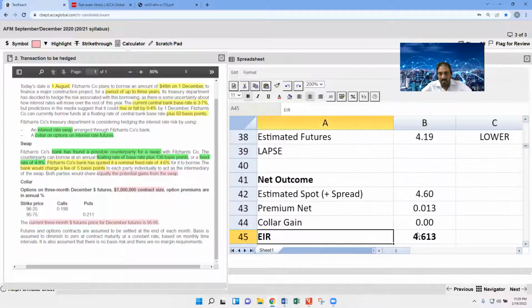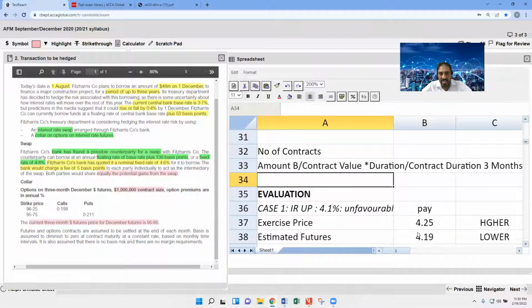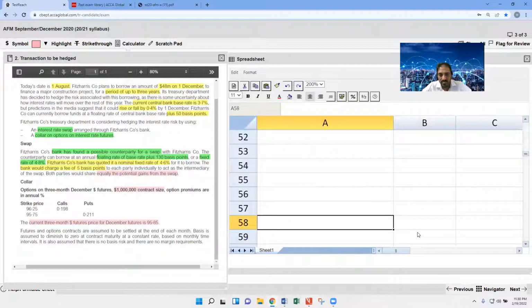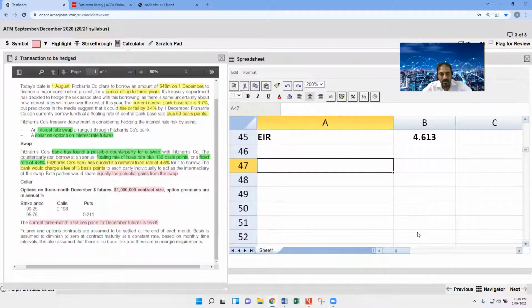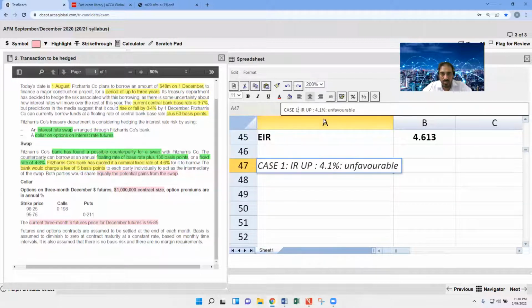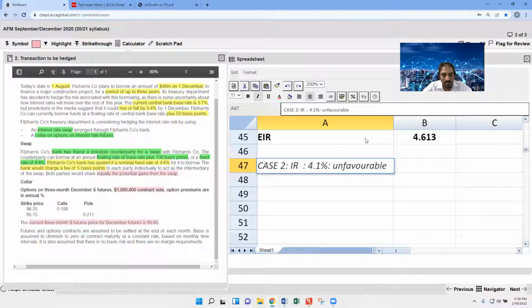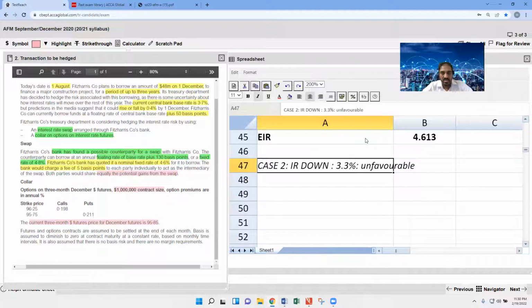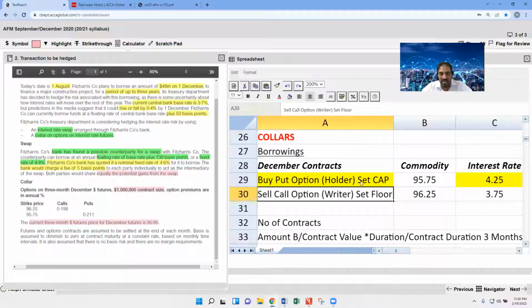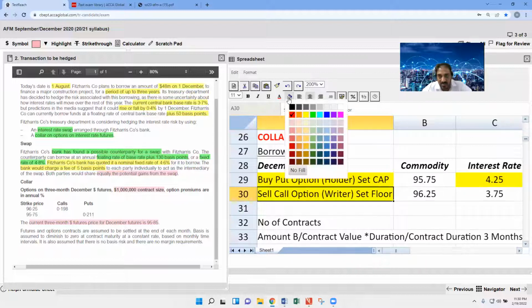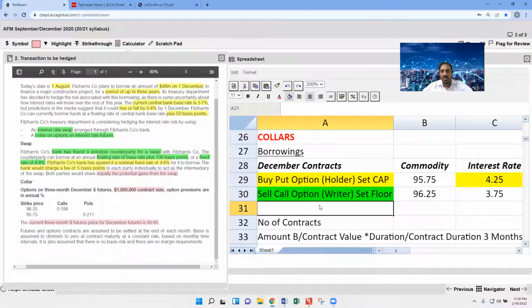That is the first thing. Now the next point. If case 2, interest rate down, and that becomes 3.3. The very first thing we have to consider, as a writer, is